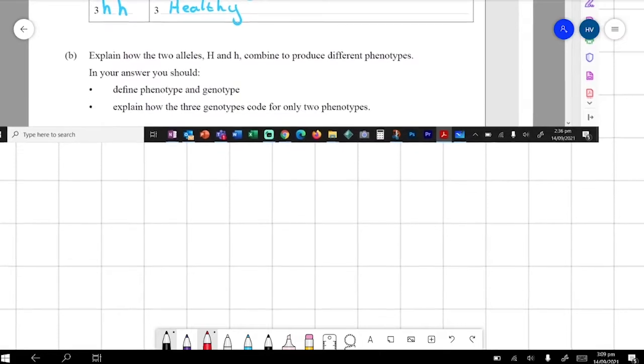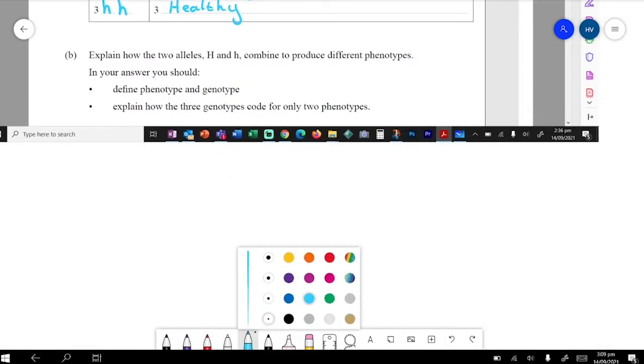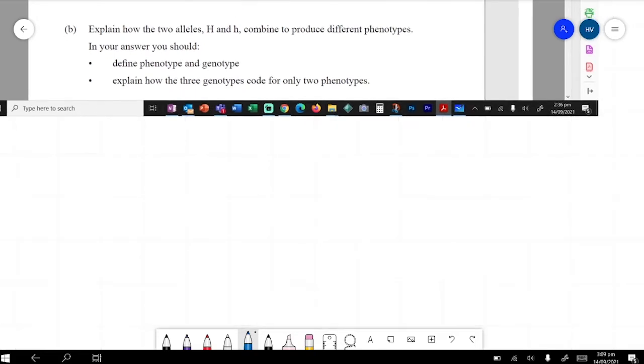Now, explain how the two alleles, Huntington's dominant and Huntington's recessive, combine to produce the different genotypes. In your answer, you should define phenotype and genotype. Explain how the three genotypes code for only two phenotypes. Okay, so the first thing we're going to do is say,